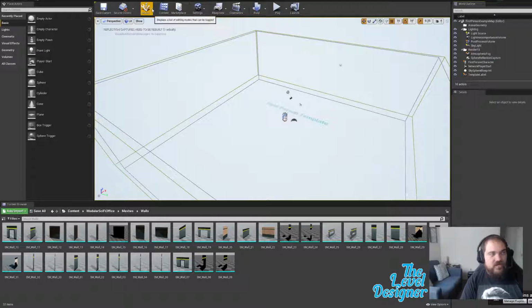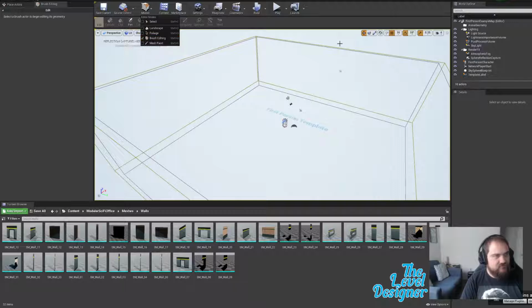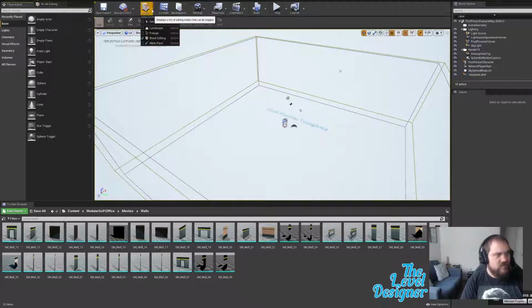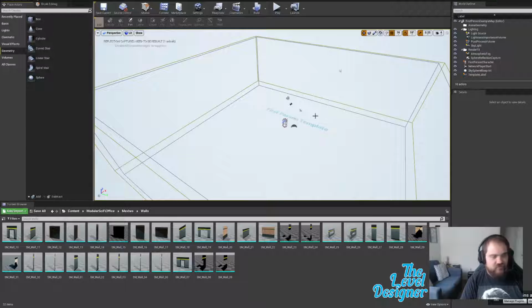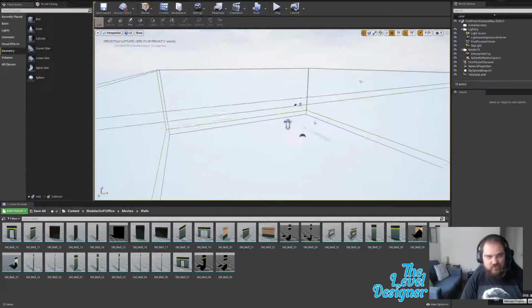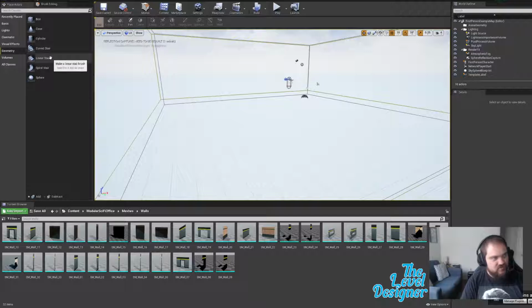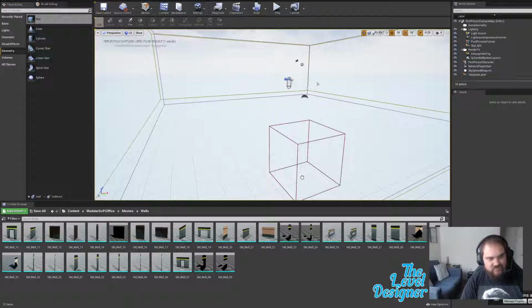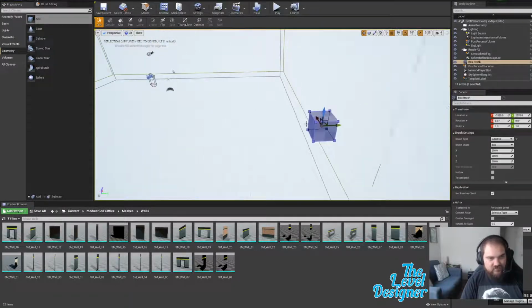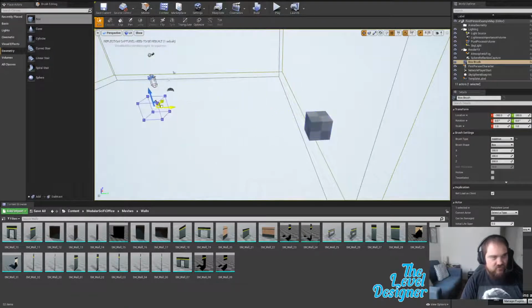When I'm working on levels in Unreal, I like to use brush editing. That's what I use. Well, okay, so that's the mode, but then I go into geometry. That's right. I haven't used Unreal in a while, so I do apologize. But I'll usually bring in a box. And the thing I love about the geometry in Unreal